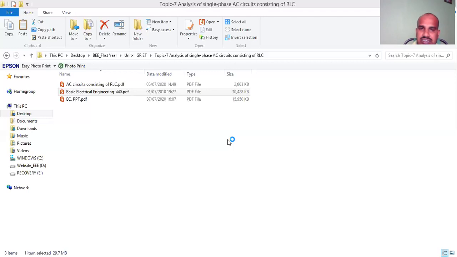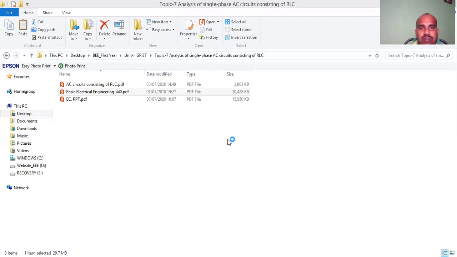If XL is less than XC, the XC is negative, the circuit is capacitive. XL equal to XC, if the XC is 0, the circuit is purely resistive. Tan phi equal to (XL minus XC) by R. Cos phi equal to R by Z. This is the impedance triangle, R plus (XL minus XC), this is the X value.